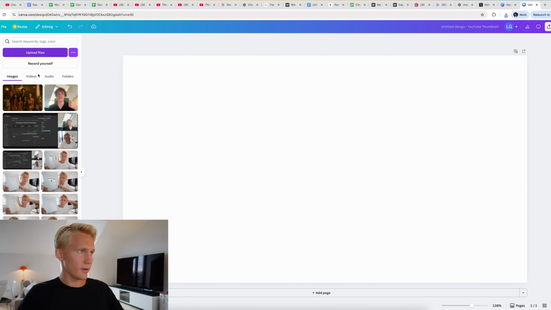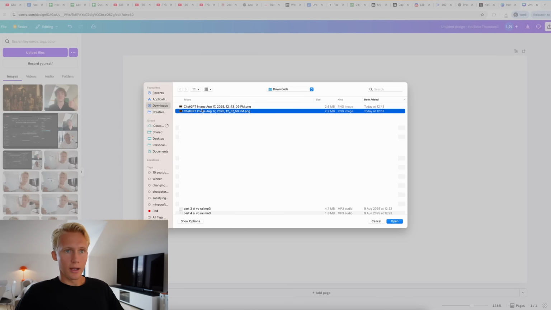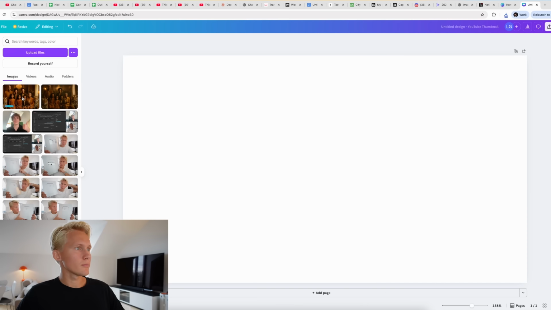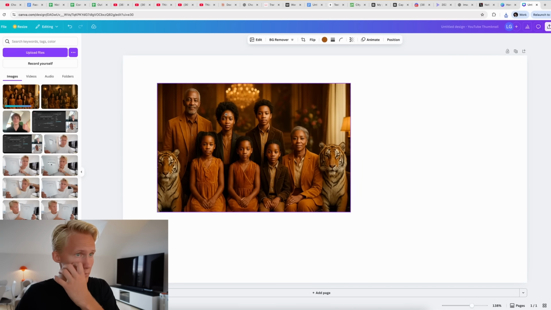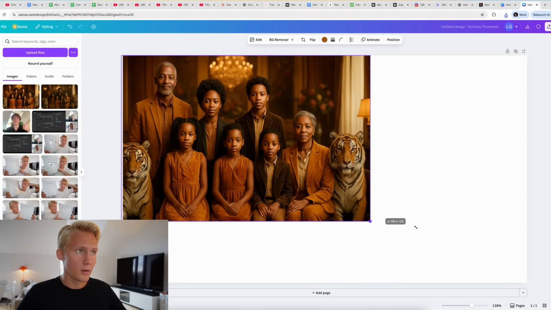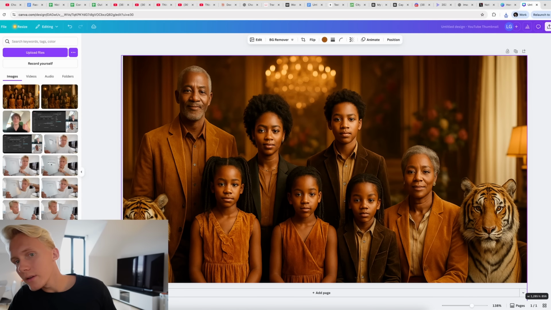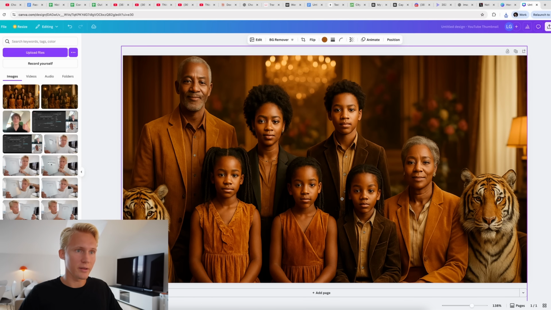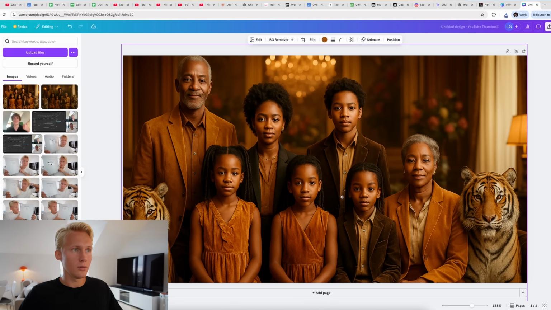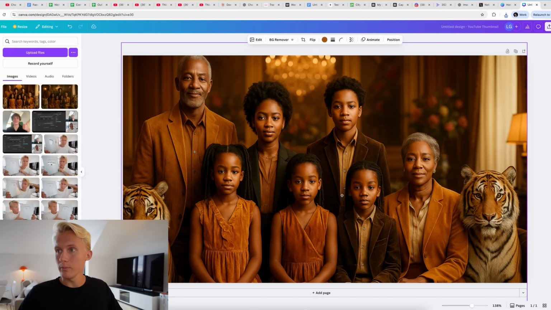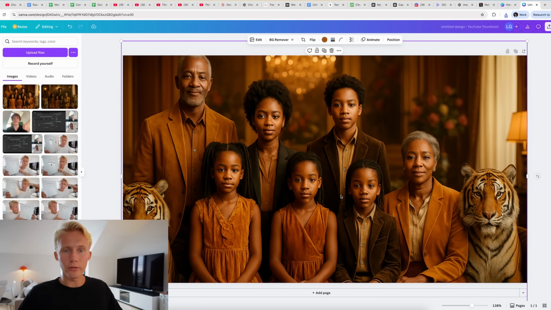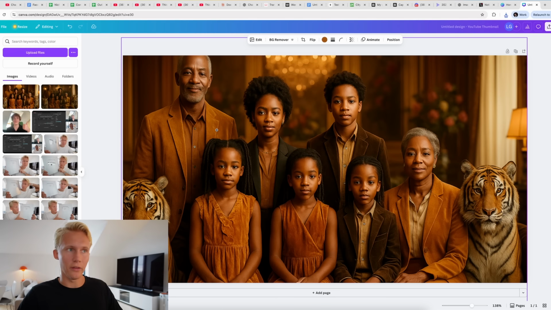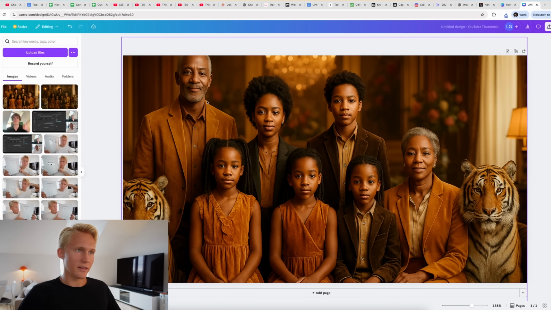I'm gonna remove this one, upload the new one here. Would be this one. Right, you can see that it's also brighter if we just compare them up here. Add it to the frame, make it the correct size. Still ChatGPT gets it kinda off, which is not the best, but I think this will do for the example. Preferably, if you're doing this yourself, you would want to just fix this guy. It's the only problem left with the thumbnail itself. But let's just do it like this for now.